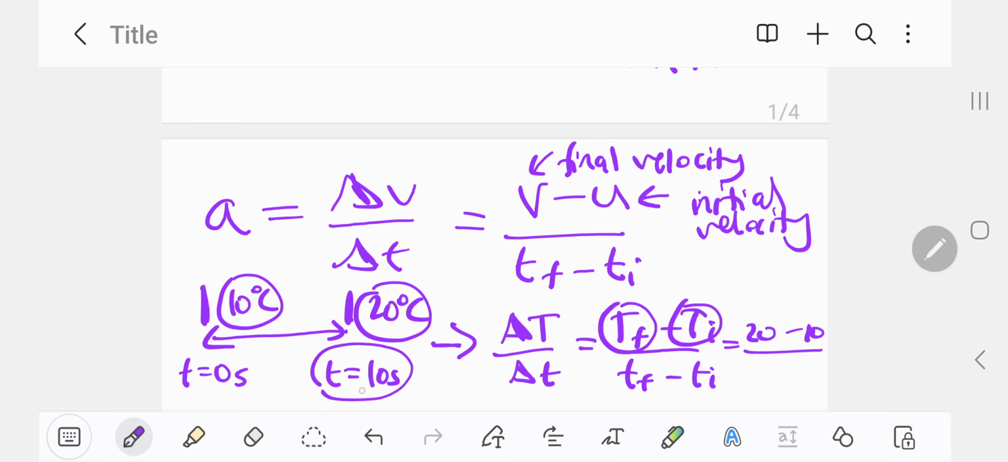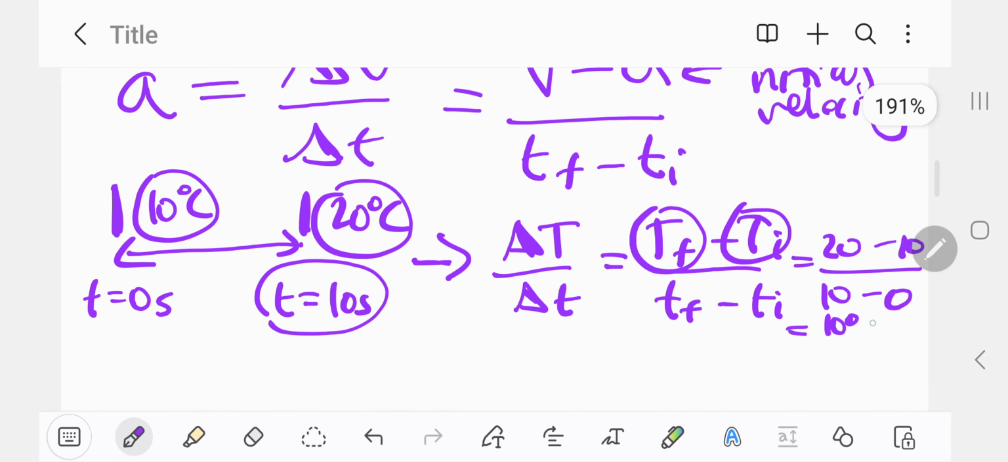Final time, that's 10 seconds. Initial time, that's 0 seconds. So doing the maths, the change in temperature is simply 10 over 10. So 10 degrees Celsius, I should be writing units, but it doesn't matter in this case. 10 degrees Celsius